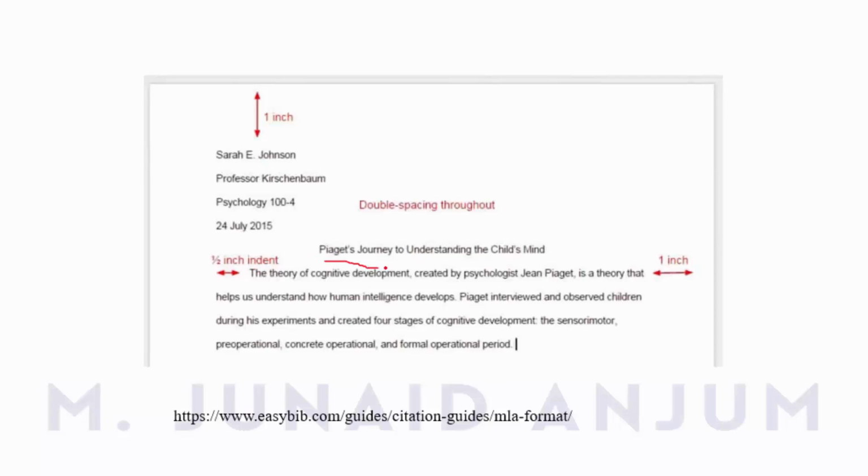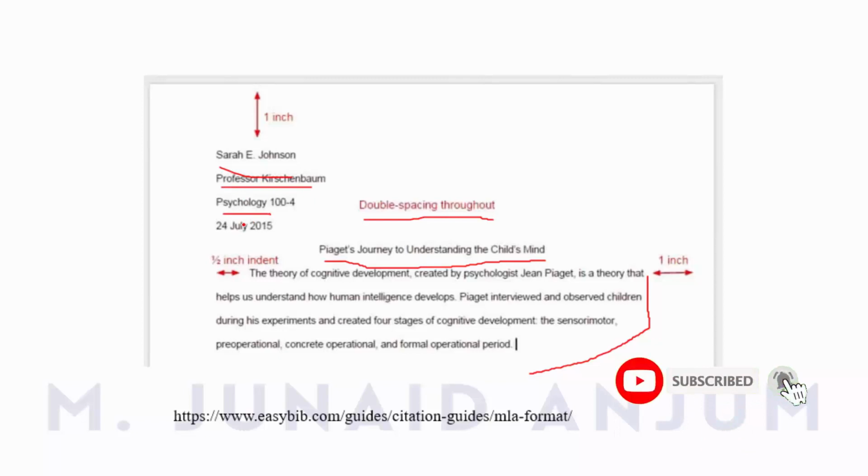This is the title in the middle, and you see this is not justified. You should use double spacing throughout, and before the title you will add your name, your supervisor's name, subject, and date in this